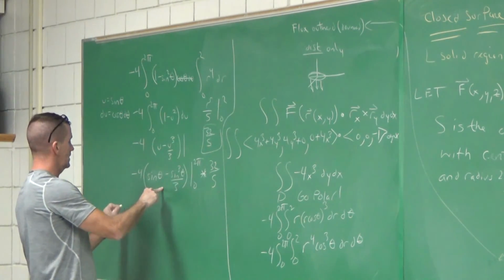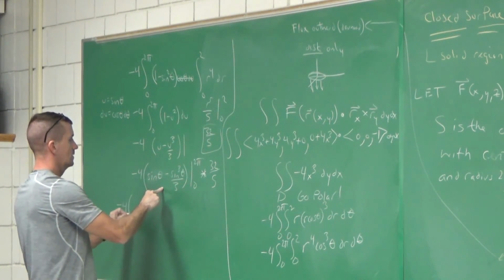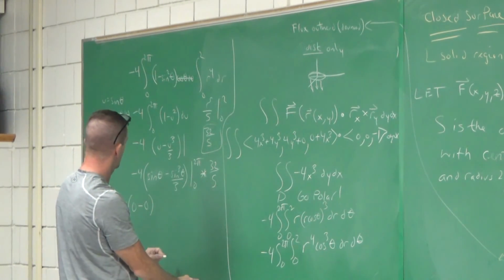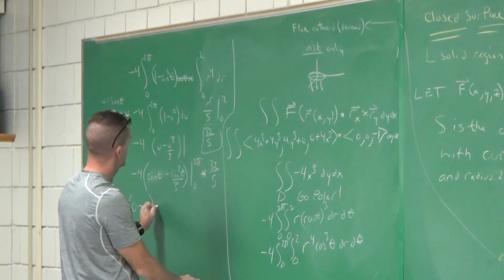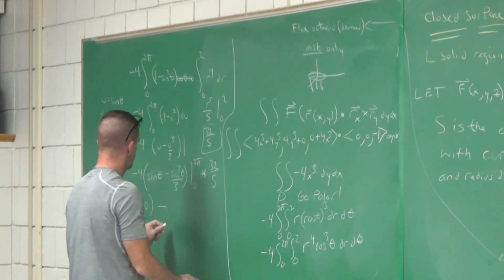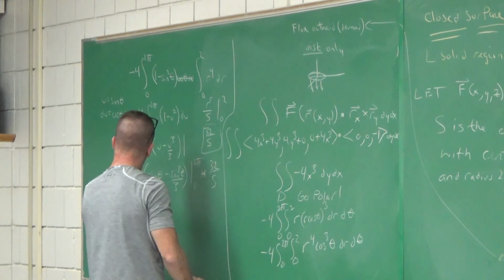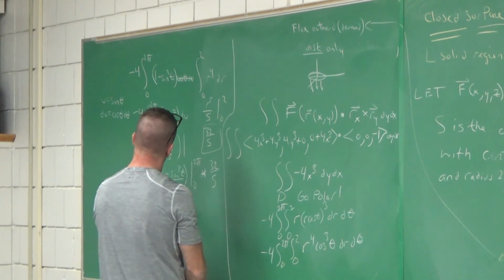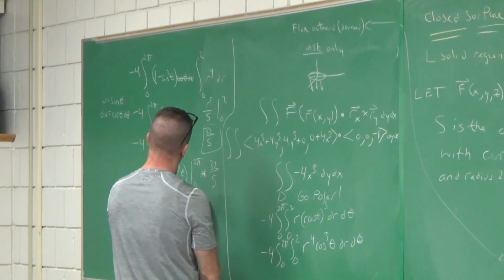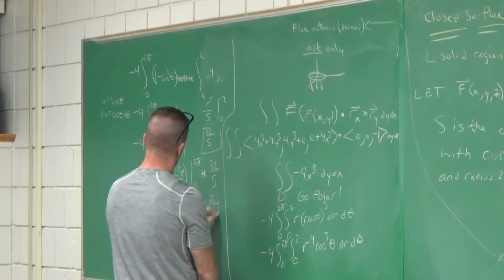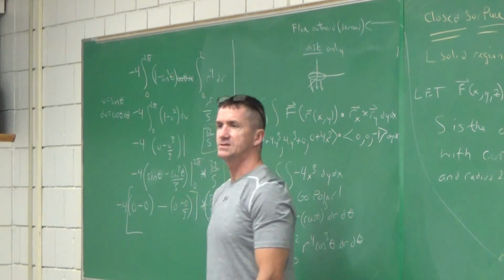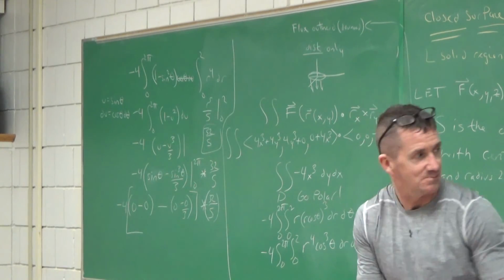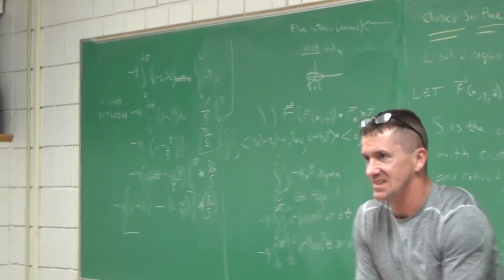Plug a 2 pi in there, what do you get? 0 minus 0. Nice. Minus, now put in zeros, what do you get? 0. Put a bracket right here. Oh my gosh, this is interesting. What do y'all get? What do we have to subtract from that to get the flux off that?